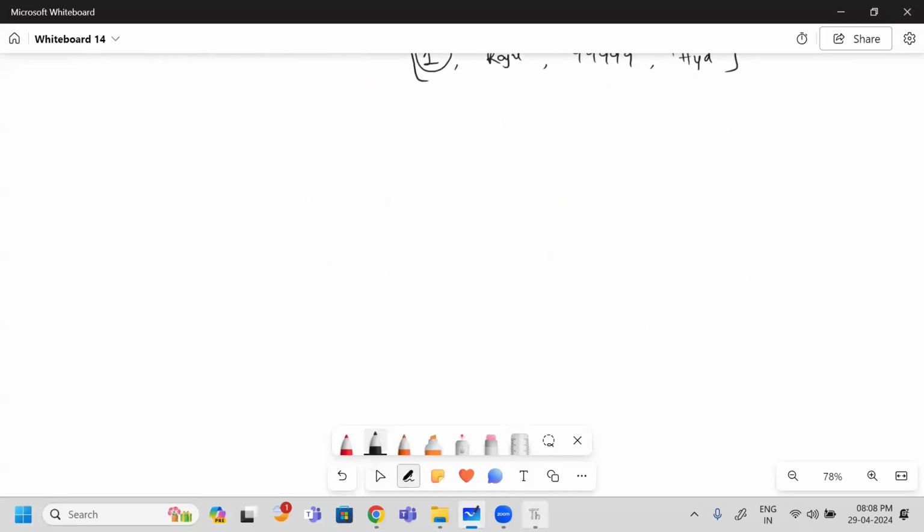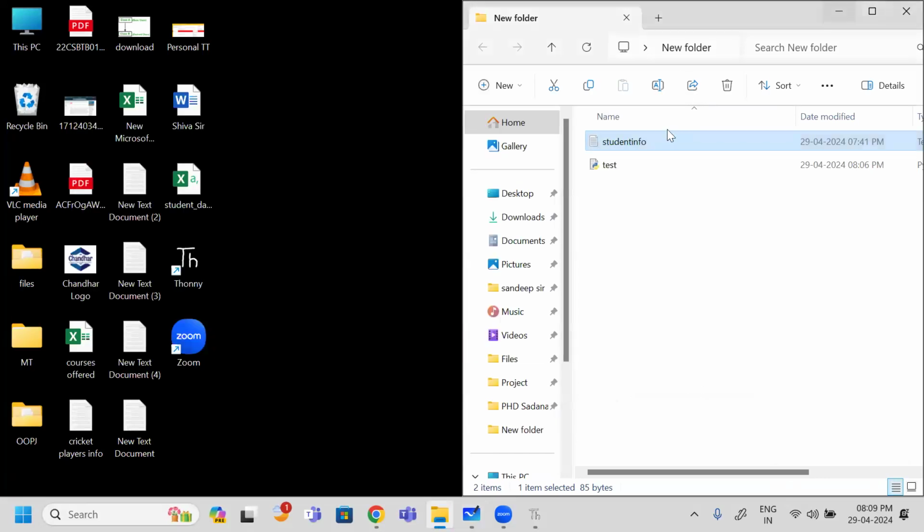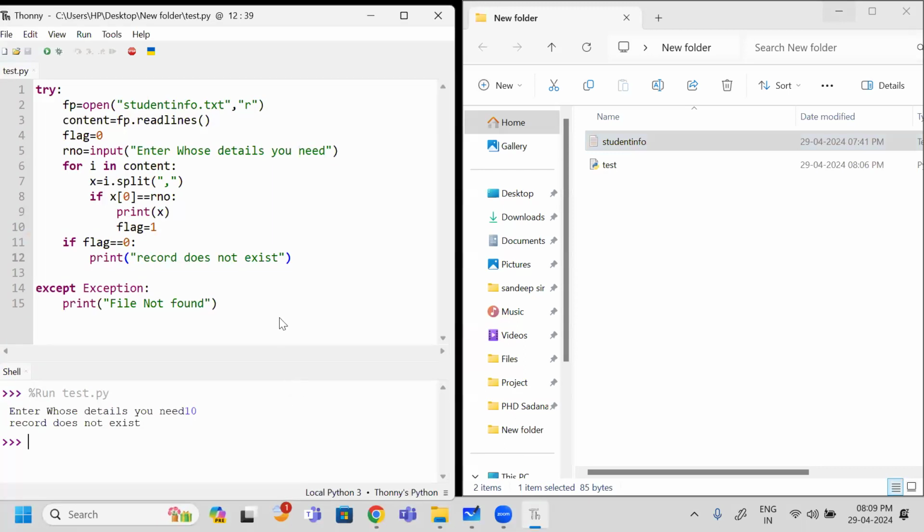So what did we learn? We learned how to create a file, how to write content to the file, how to read content from the file, and how to close the file. What is the next thing we need to learn? How to delete the file. I don't want to maintain this file in the future, so can I waste my system memory? I never waste. I want to delete this info file. So what can I do? So here